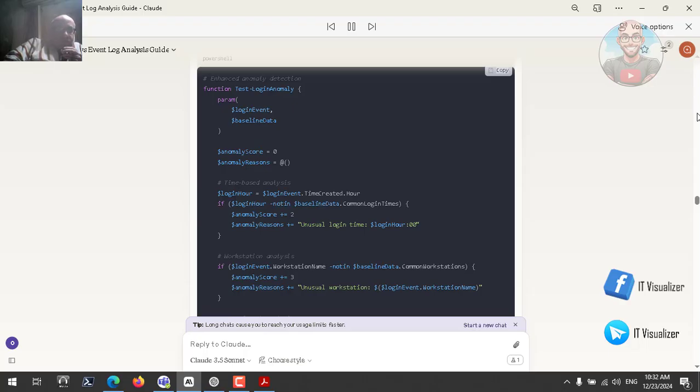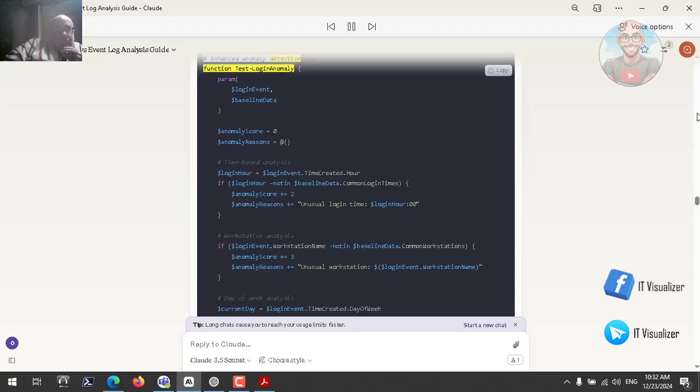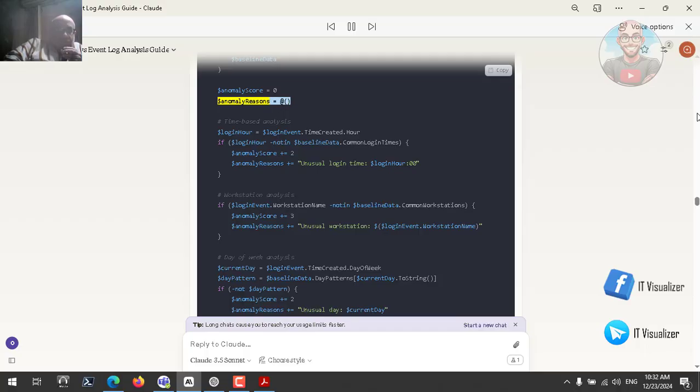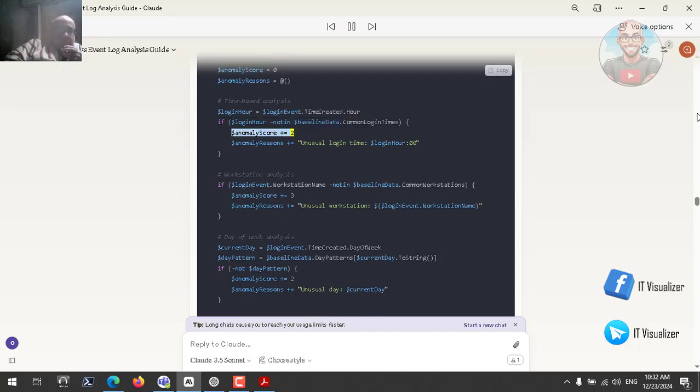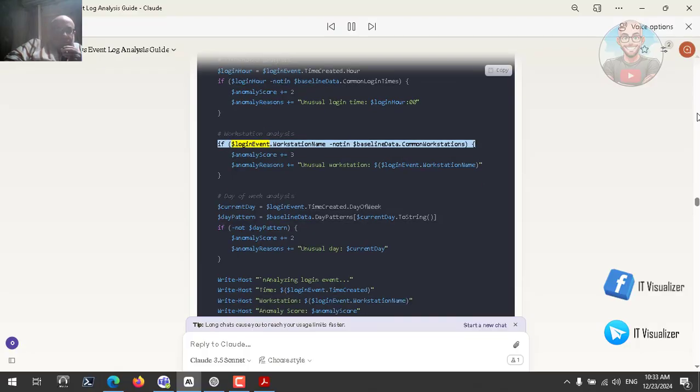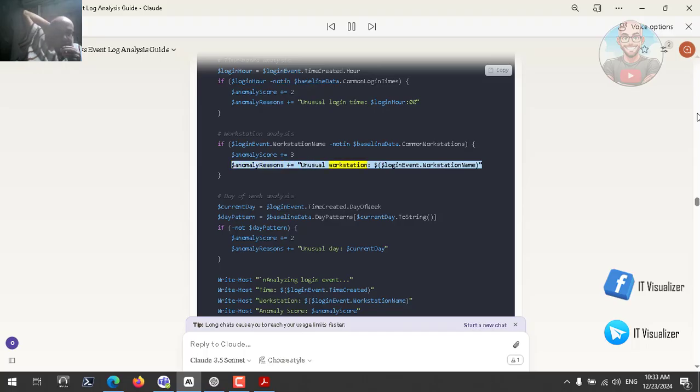PowerShell. # Enhanced anomaly detection. function Test-LoginAnomaly { param($LoginEvent, $BaselineData); $anomalyScore = 0; $anomalyReasons = @(); # Time-based analysis. $loginHour = $LoginEvent.TimeCreated.Hour; if ($loginHour -notin $BaselineData.CommonLoginTimes) { $anomalyScore += 2; $anomalyReasons += "Unusual login time: $loginHour:00" } # Workstation analysis. if ($LoginEvent.WorkstationName -notin $BaselineData.CommonWorkstations) { $anomalyScore += 3; $anomalyReasons += "Unusual workstation: $($LoginEvent.WorkstationName)" }